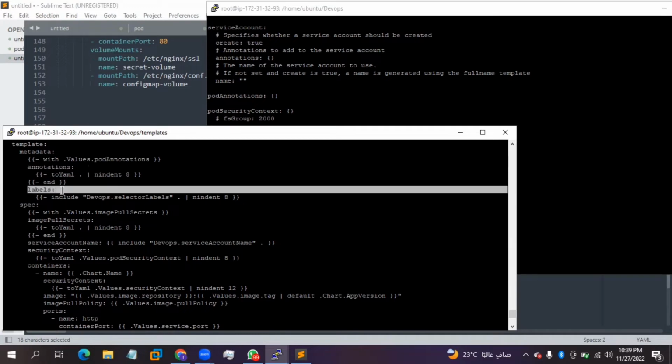Then you have the label. The label is also saying devops.selectorLabels. These selector labels are part of what you've actually defined inside the chart itself. When we were talking about the selector labels the last time,